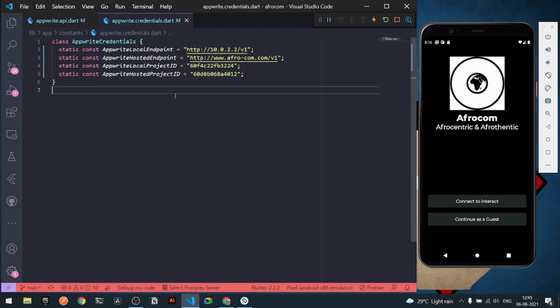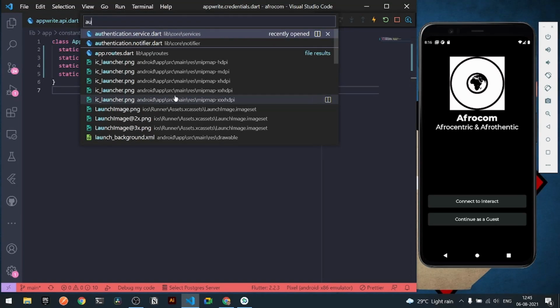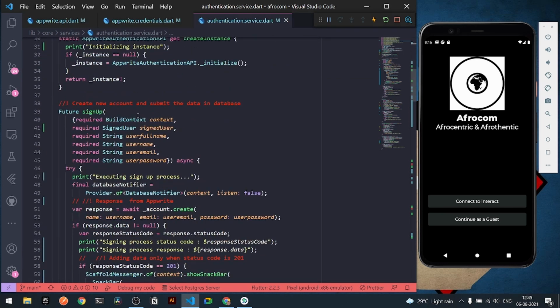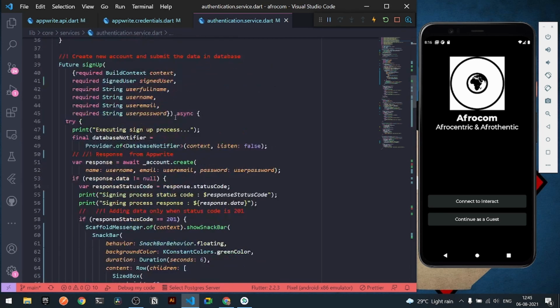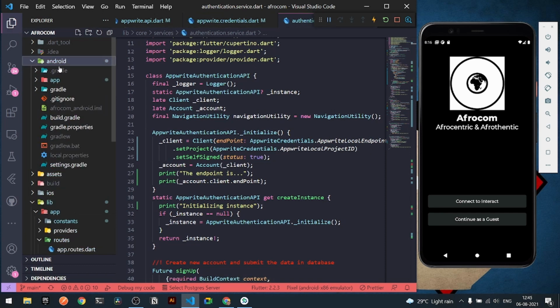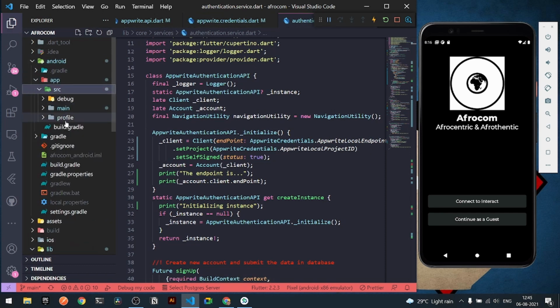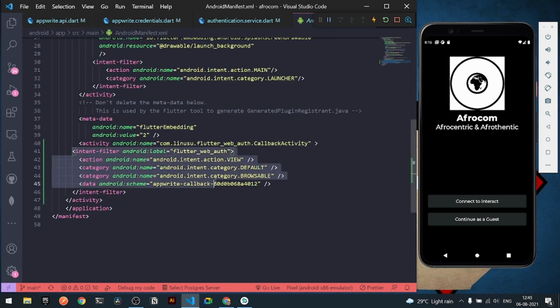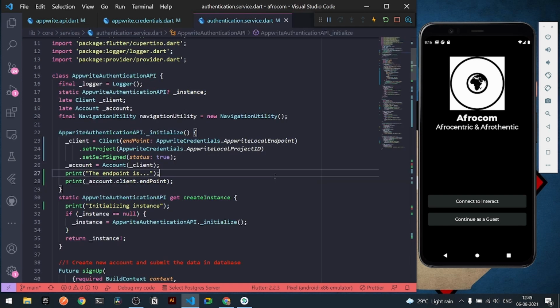Right. So to declutter all the AppWrite setup, I got a feature of AppWrite service of AppWrite authentication. Under my AppWrite authentication, I got certain methods for creating a new account, for logging into an account, and etc. Now, this was the entire setup of AppWrite with Flutter. Also, I got the following key under my Android folder, which I need to show to you. So here under my main of Android manifest.xml file, I have added the following intent, which calls my entire AppWrite setup under the Flutter web auth. Right. So this was the entire setup of AppWrite that I have done so far.